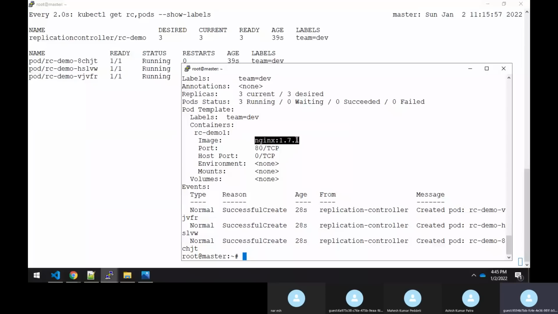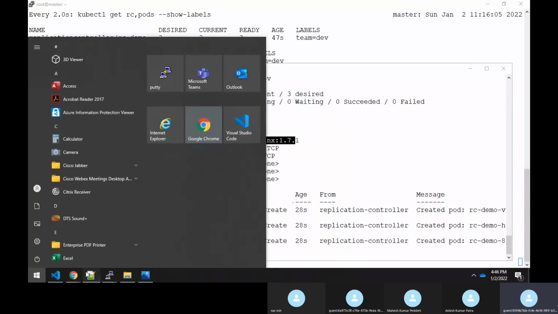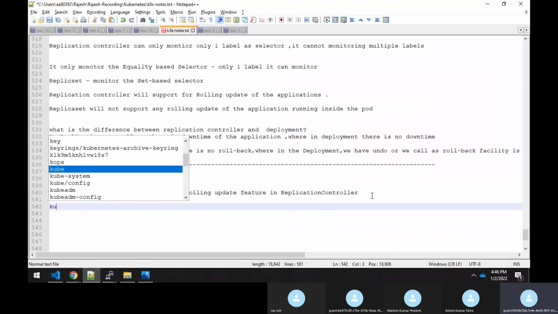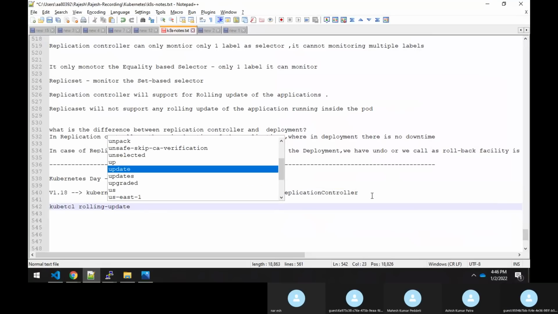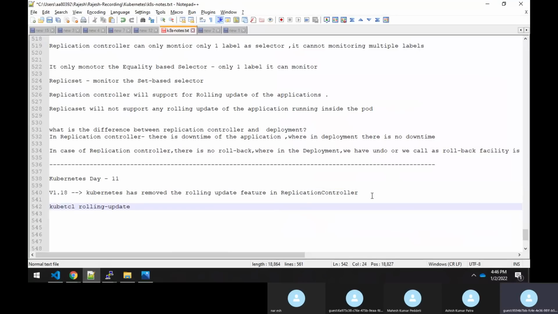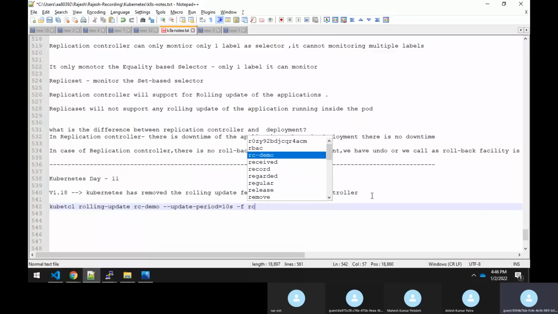We had an option of upgrading, but that was before. Later they removed it. There was one command: kubectl rolling-update, then the name like dev-team or rc-demo, something like this, with --update-period equal to something like 10 seconds, and then you apply the file rc.yaml.